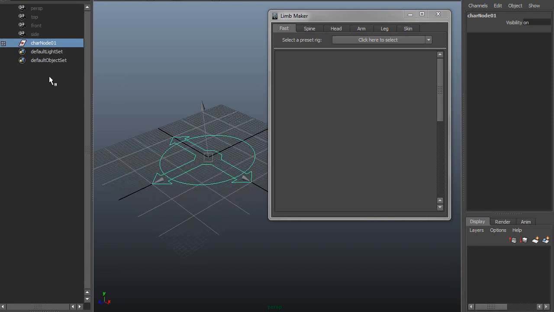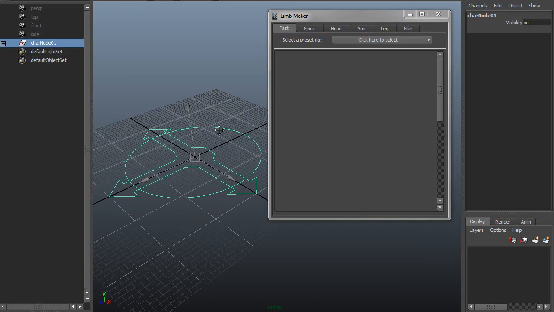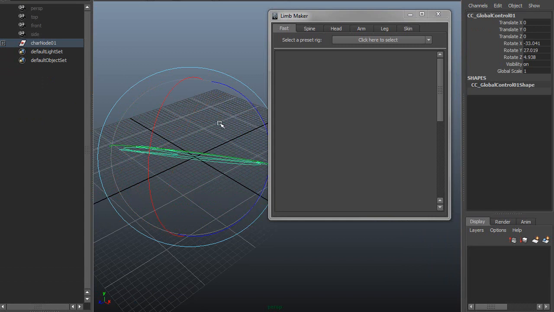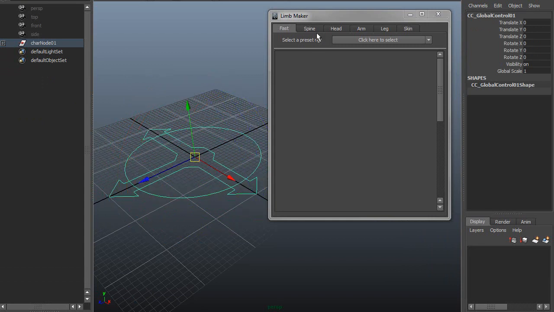Now I mentioned in the documentation the script node is just where the rig is going to be kept, and if a script node doesn't exist, that means this is the first time we've run this script, so it creates one. And also what's created at the start in here is the global control. This is the global control. It's going to control the entire rig, so as we create rig elements, they're automatically connected